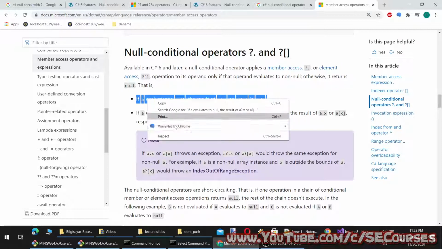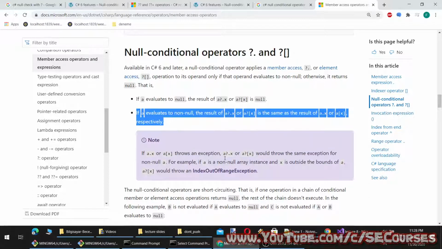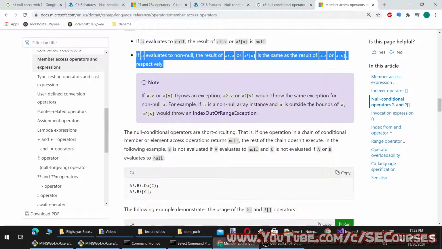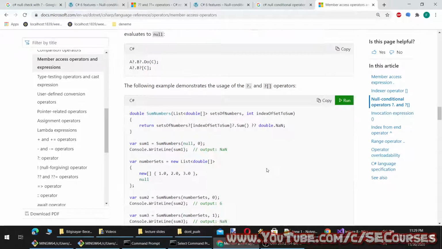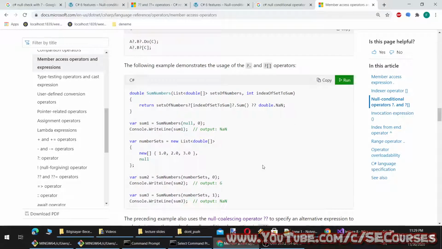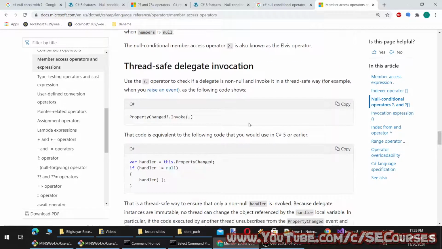That is, if A evaluates to null, the result of A?.x or A?[x] is null. If A evaluates to non-null, the result of A?.x or A?[x] is the same as the result of A.x or A[x], respectively. So this is a null check and it prevents a null reference exception like we have in our example.